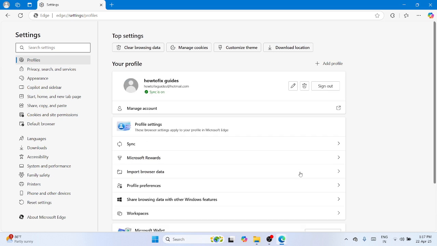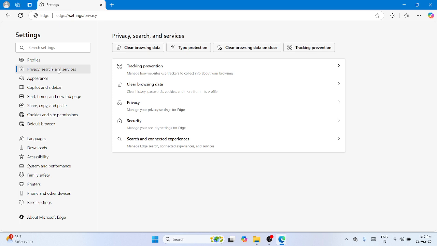So here with the Edge settings, look at the left side of that. You can see there is a list of options. And since we're dealing with Google as our default search engine, then we need to proceed with this one, which is privacy, search, and services. So click on it. And the moment you do that, you would be able to open the privacy, search, and services tab,